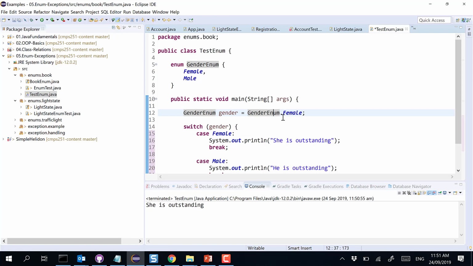I cannot put my own values here. I cannot put, for example, female like this, or male, or can I do this? No, it must be one of those values. So this way we don't have a problem. This way it's standardized. No other developer will make a mistake, because the values are already defined. If you want to assign a value, it must be one of those. And you can use them nicely in an if statement, in a switch, and so on. And it's not hard coded. You define